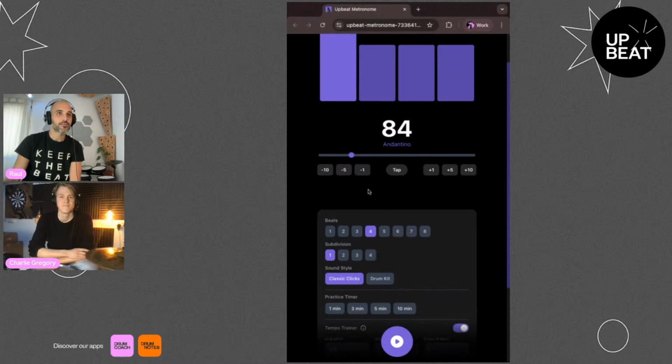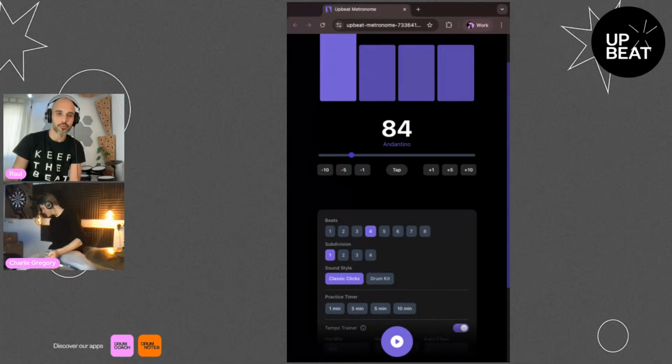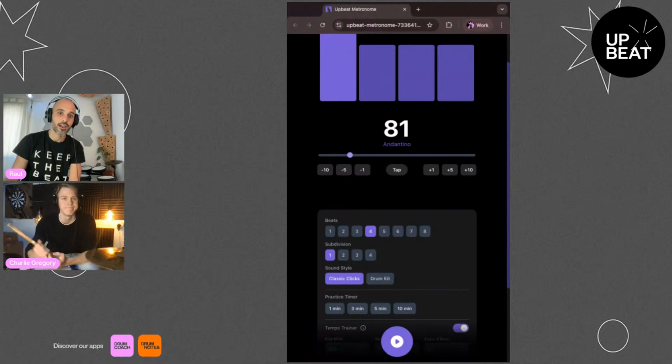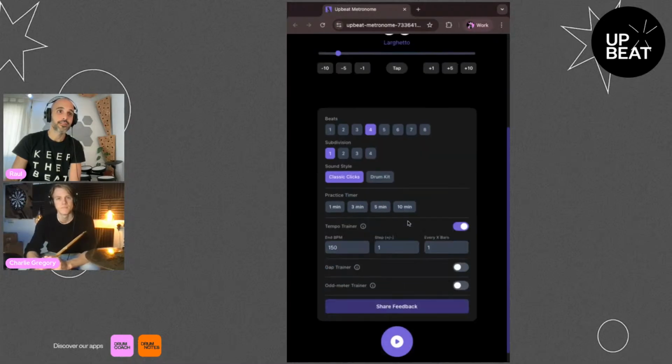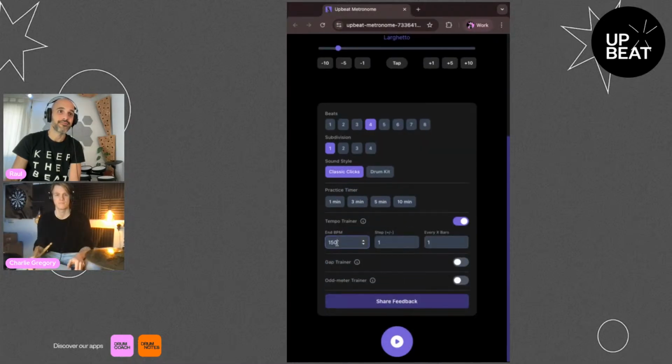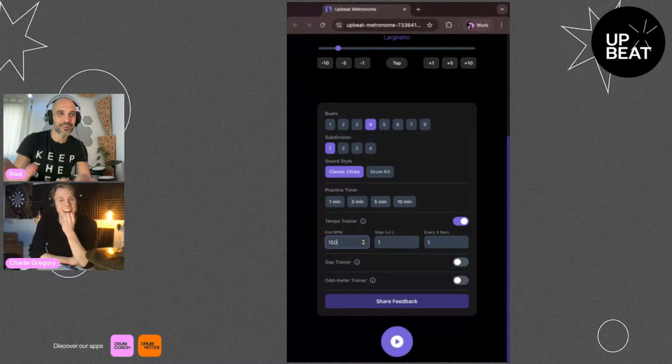We're going to start at a very simple beginner BPM. Do you think we should practice starting the double stroke roll? I like eighth notes at 60. Okay, 60. All right, let's start at 60. And how far shall we go? Let's try 160, 150. 160?